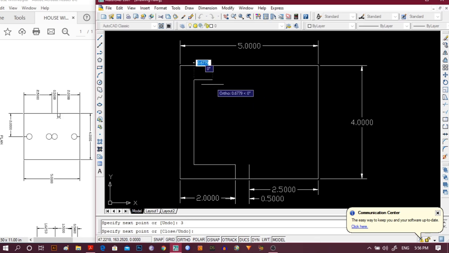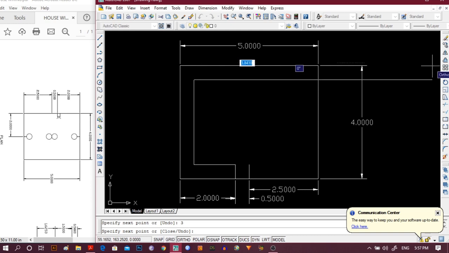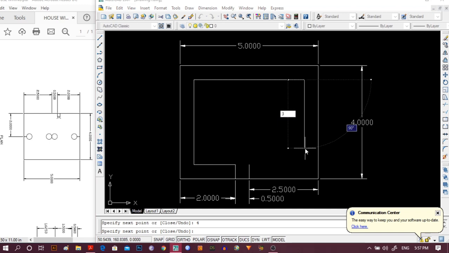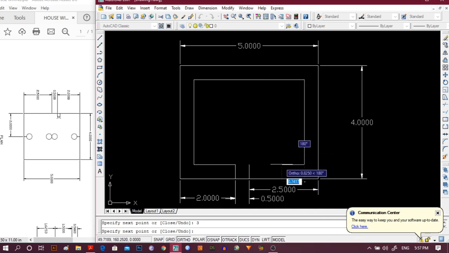Again in this part, where the total is 4, it will be 3. And then we make the border.